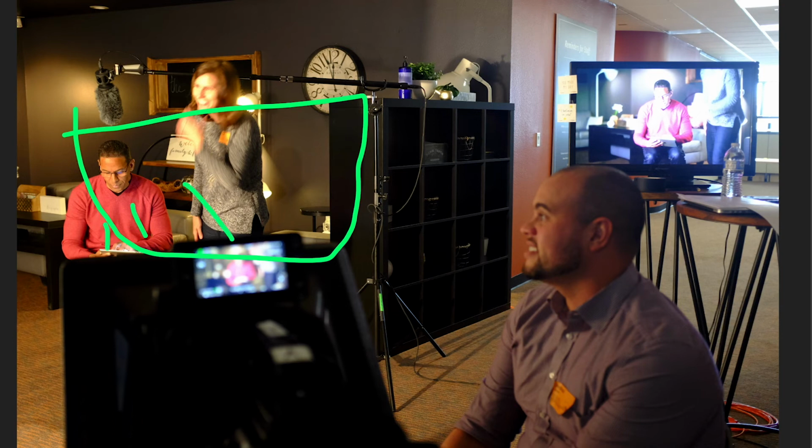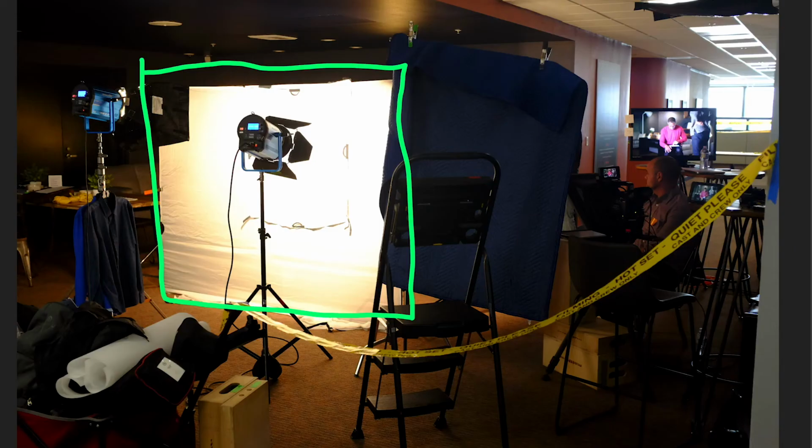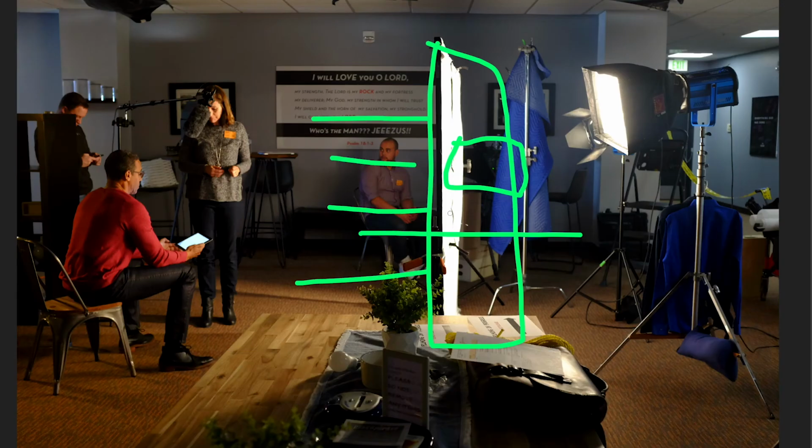And what that's going to do is create a really flat image, but it's also going to give you a lot of problems with glasses. If you do what I'm doing here, which is a big soft light from the side, and it's coming from the side, what that really will do is help when you're filming somebody with